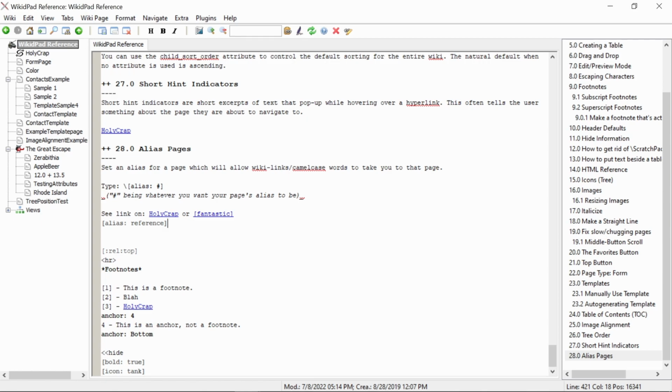I'm also going to set the alias for our WikidPad reference page to reference. You can see here that the word fantastic in brackets is already highlighted blue because it understands that the fantastic alias refers to the holy crap page. Additionally, you can see that when I hover my mouse over the fantastic alias, the "this is complicated" pop-up